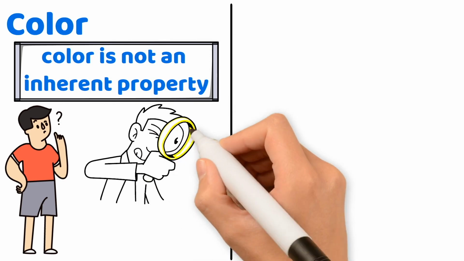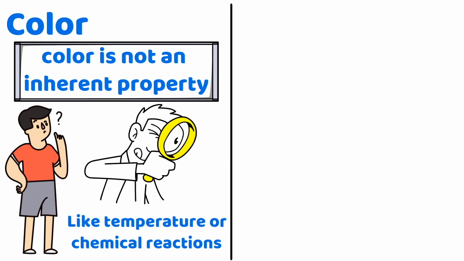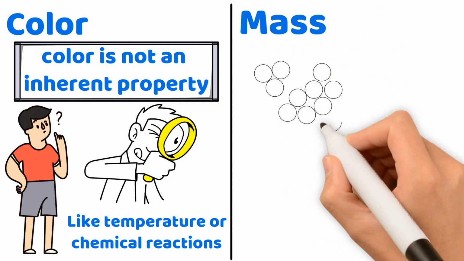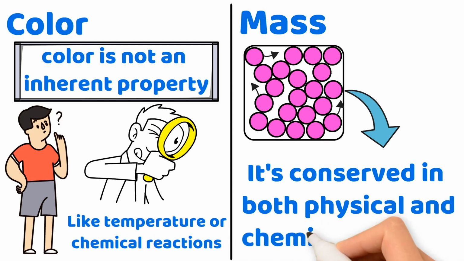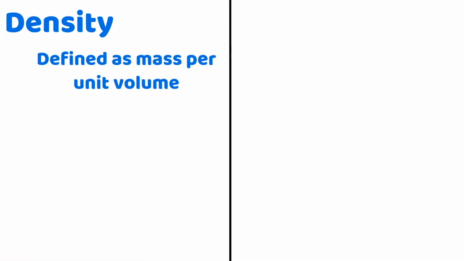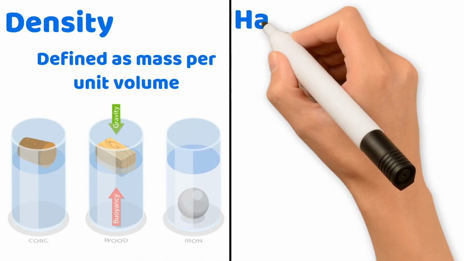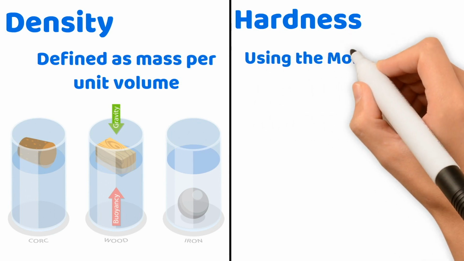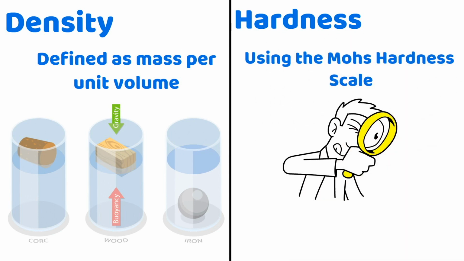It's crucial for identifying substances and observing changes like temperature or chemical reactions. Mass. A measure of the amount of matter in an object, crucial because it's conserved in both physical and chemical changes. Density. Defined as mass per unit volume, density helps predict whether an object will float or sink in another substance. Hardness. Using the Mohs hardness scale, we can determine the resistance of a material to deformation, which is vital